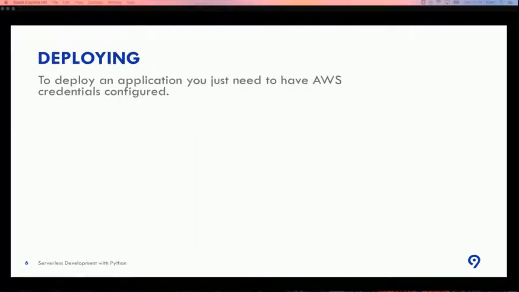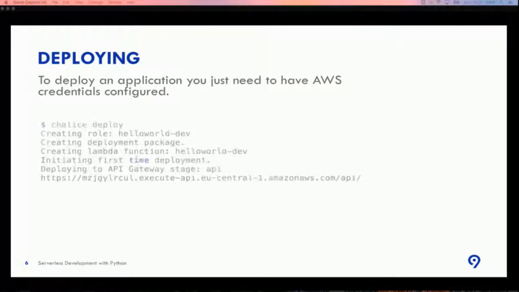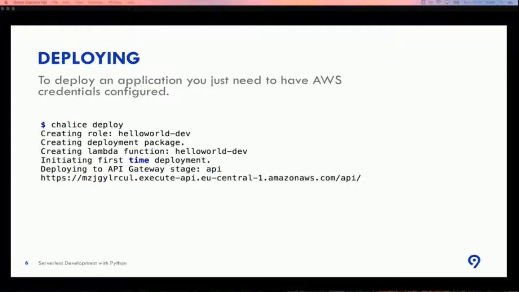Then, when the first hello world application was running successfully locally, I decided to deploy it to AWS. And Chalice gives us an opportunity to do it quite easily with only 1 command, chalice deploy.